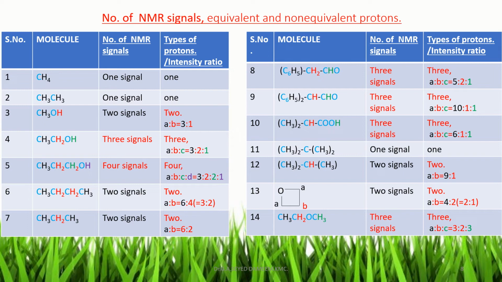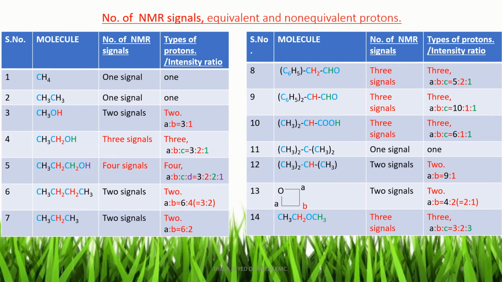2 methyl groups are equivalent, and methine proton, there is another type, and acid proton, there is another type. So it gives 3 signals. The intensity ratio A is to B is to C is equal to 6 is to 1 is to 1. 6 is due to the protons of the 2 methyl groups. And serial number 11, it gives 1 signal due to the presence of 4 methyl groups, all are equivalent, so